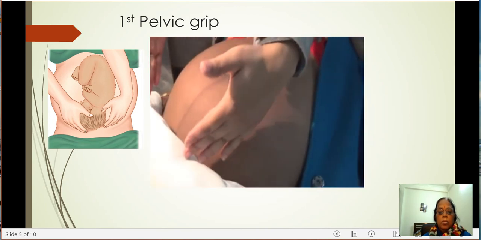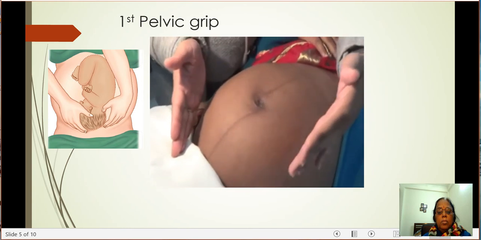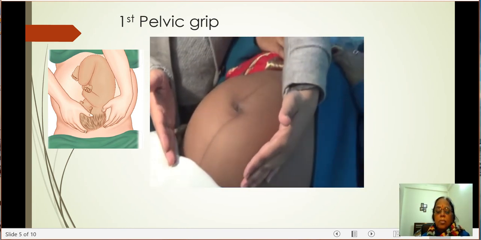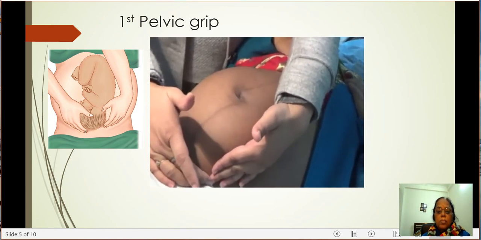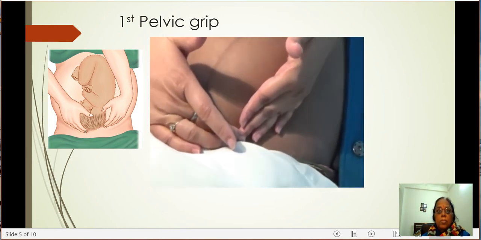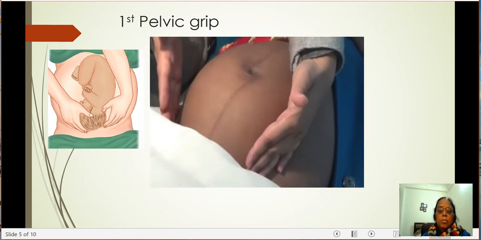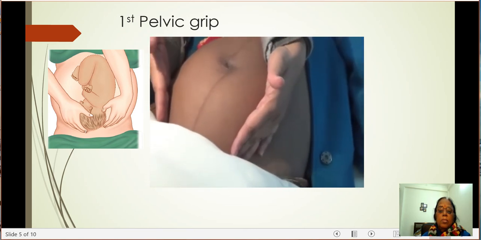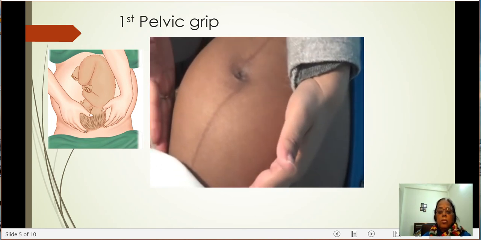The thing we are going to appreciate by this grip is the attitude of the baby. For seeing the attitude of the baby, we will slowly drag down. When we already know the back of the baby, the most prominent point on the skull that is felt on the back side is called the occiput, and the most prominent point on the opposite side of the head will be the sinciput. The relationship between the occiput and sinciput is going to tell us the attitude of the baby.